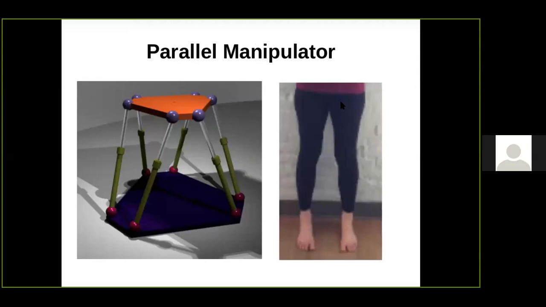If you look at the human leg, it is supported by two stick-like structures which have a lot of joints in between. A parallel manipulator is similar. If 6 degrees of freedom is needed, there are 6 linkages being used. You can see 1, 2, 3, 4, 5, and 6. This is a Stewart platform, where 6 degrees of freedom is achieved.